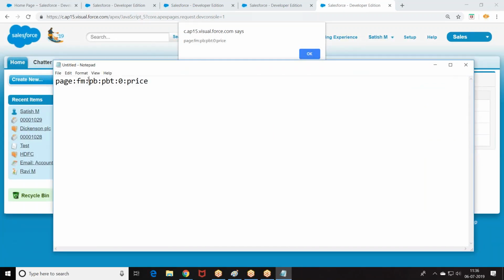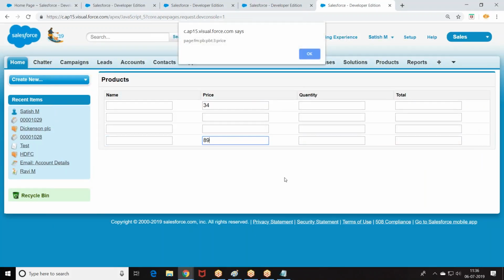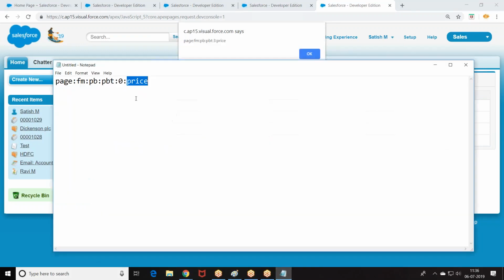Page, form, page block table, row number 0. Page block, right? So what was that? Till here everything is same, right? This is giving a row number. So if you can split this row number separately, I know which row I select.